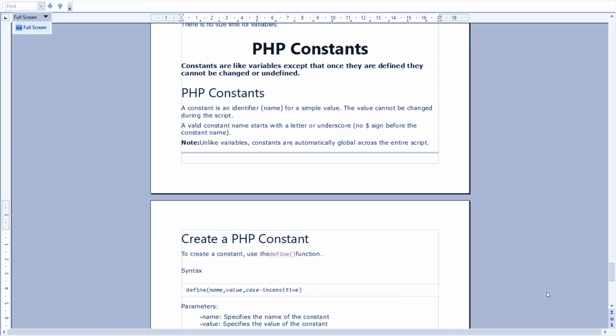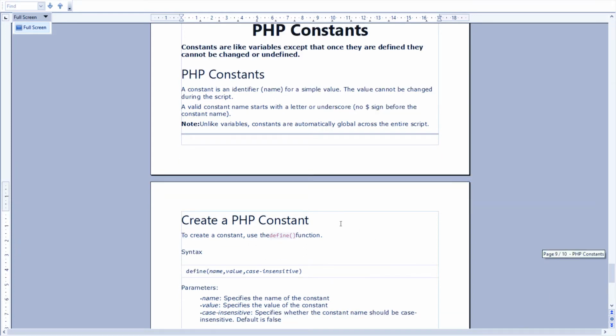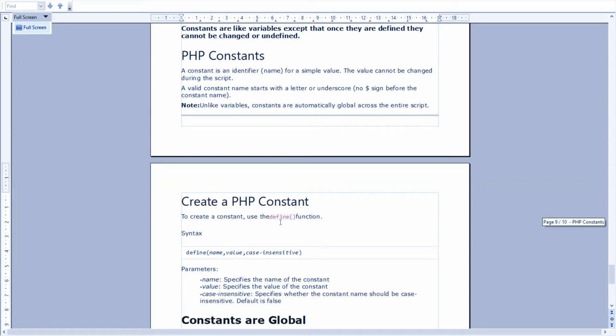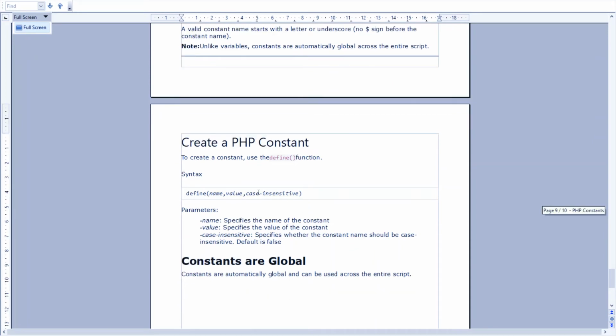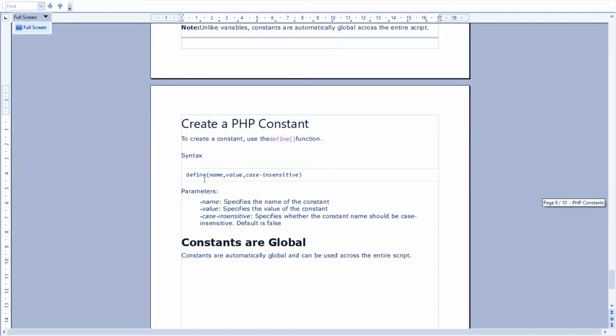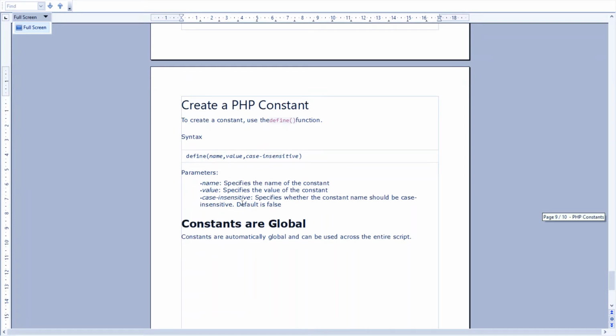So how do we create a PHP constant? In order to create a PHP constant, we have to use the define function of PHP, and this function takes 3 parameters. The first parameter is the name we want to give to the constant, the second is the value we want to define for that constant, and the third is case insensitiveness.